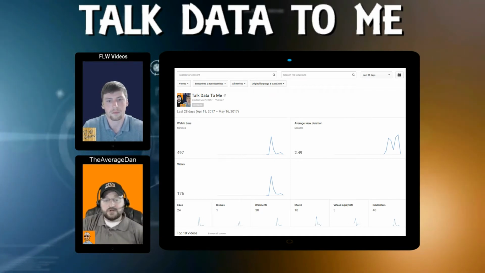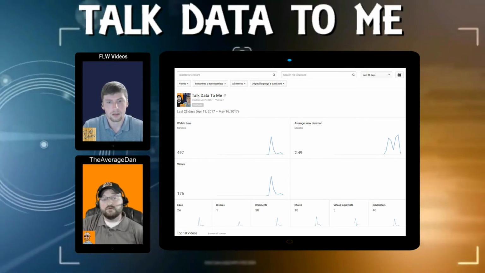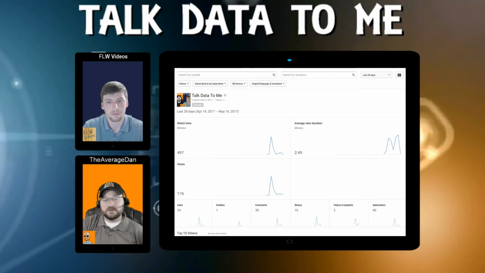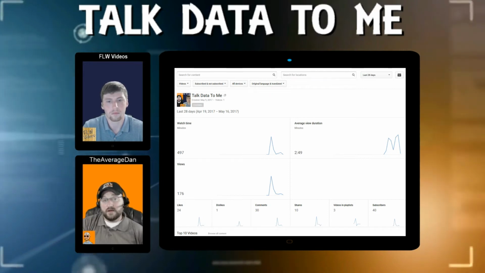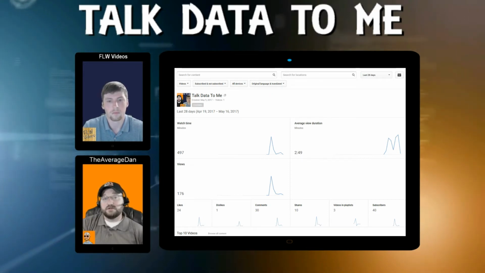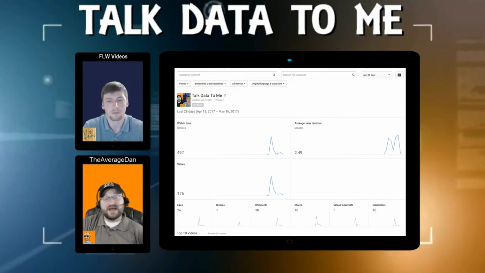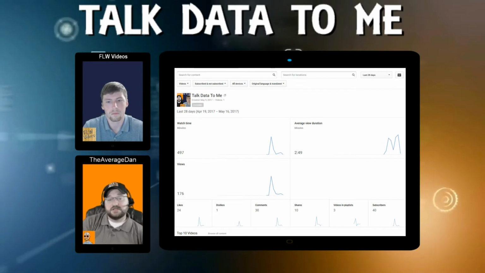So obviously, your shares are the amount of times that somebody took your video and shared it on social media. It measures whether somebody copied and pasted the URL, or whether they actually clicked the share button and chose one of the different social media platforms to share the video. Depending on how they did it is going to determine how it displays when you actually click into these sections